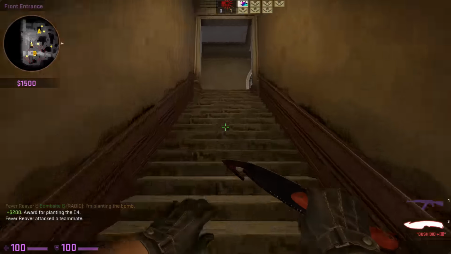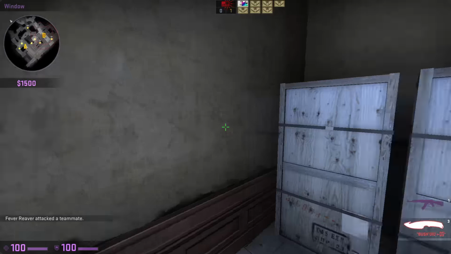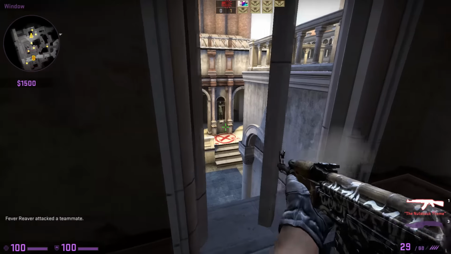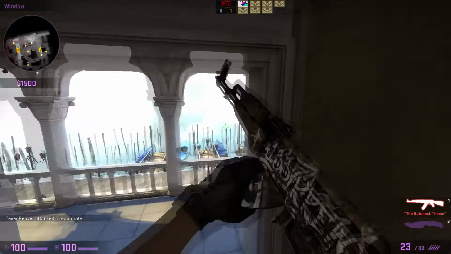Yeah, so here's a little more of mid. You can see it connects to both A and B. Now, this angle right here I thought was actually pretty nasty. Like, as a CT defending, or even as a T in a post plant, you definitely are going to have